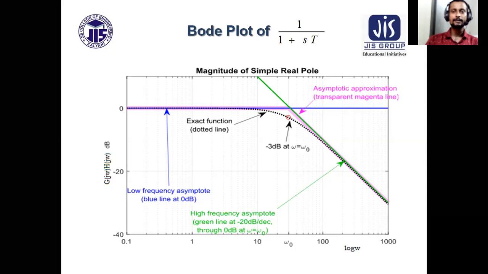Now in the next class, we'll discuss the different steps which are involved to determine Bode plot of a transfer function. We'll apply all the knowledge which we acquired in today's class and in the last class. We'll combine those to get Bode plot of the entire transfer function. All those will be discussed in the next class.